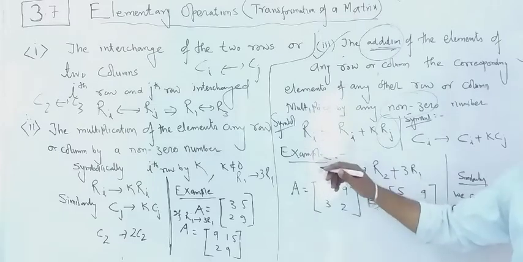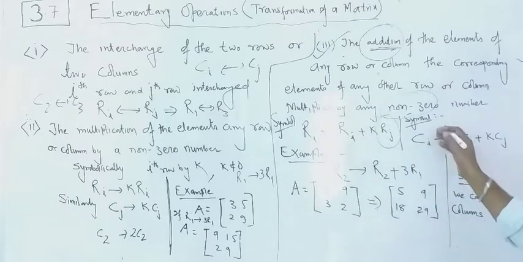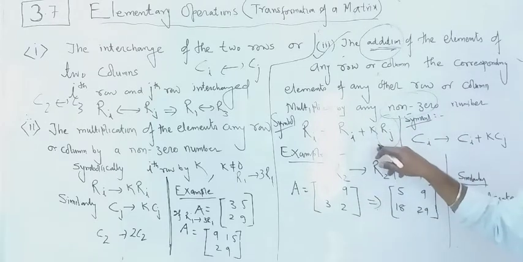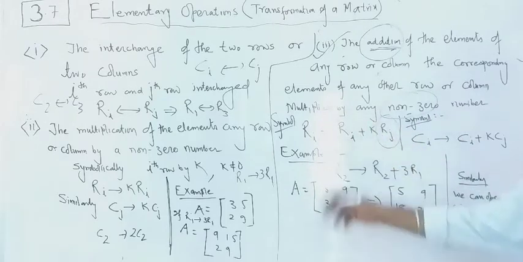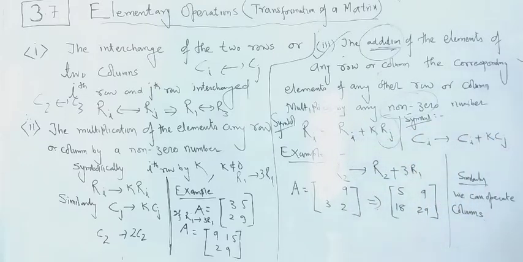So once more I am repeating, ith row can be added with the jth row with the help of this symbol, with the help of this formula. I usually call it a formula only. Same thing you can do for a column also. Suppose there is an ith column, and if you want to add some other column, then it can be done in this way: ith column plus k times of jth column. Only one important thing is k should not be equal to 0.